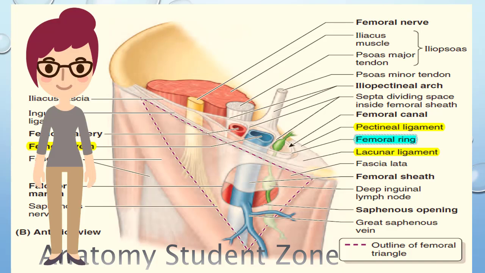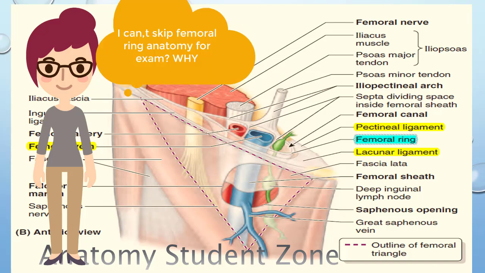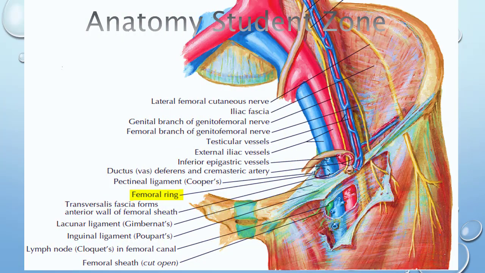The femoral ring, its anatomy and relations, are very important clinically, so you can't skip it. If you cover its anatomy and concepts, the clinical part will be easy for you, and the clinical condition related to this is femoral hernia. We know a hernia occurs at a potentially weak area. It means there is some potentially weak area in this region. What that structure is, we will see later on. So the relations of the femoral ring are very important, not only from an exam point of view, but also to understand femoral hernia.